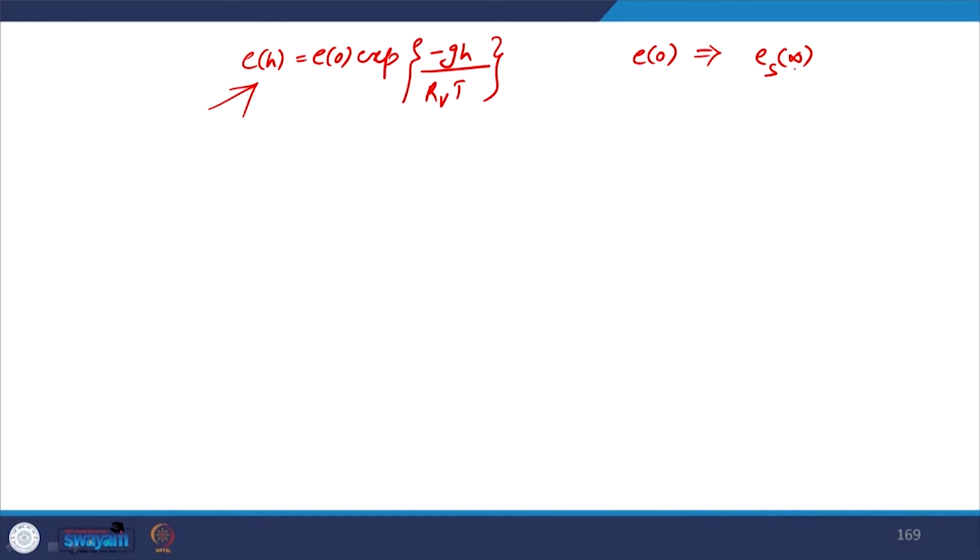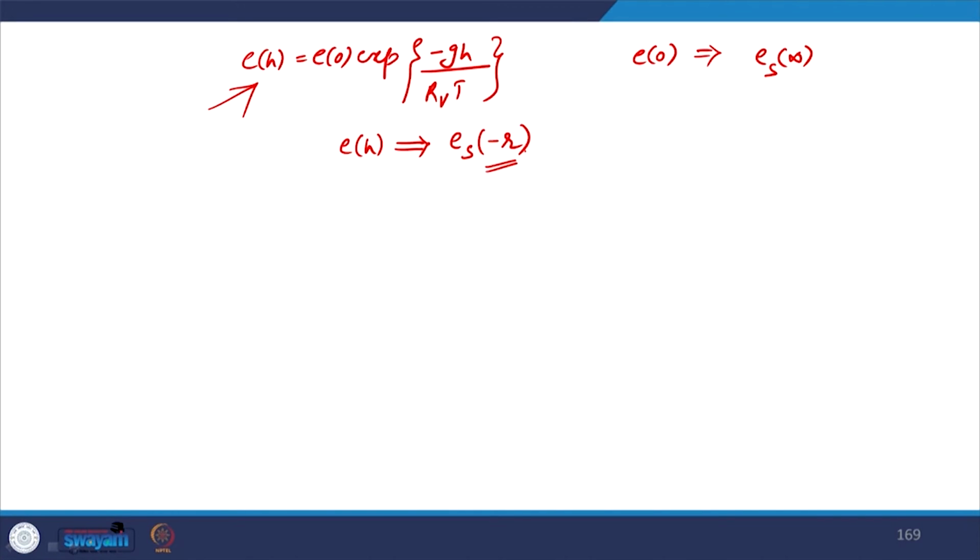So, this is the saturation vapor pressure over the surface of water where the radius of curvature is infinite. Again, the system is in equilibrium. If the system is in equilibrium, the vapor pressure at a height H should be horizontally uniform. The vapor pressure at a height H must be equal to the saturation vapor pressure over the surface of the meniscus, which we write as E of H equals E saturation at equilibrium at minus R. Why minus R? Minus R indicates the negative radius of curvature of the meniscus,